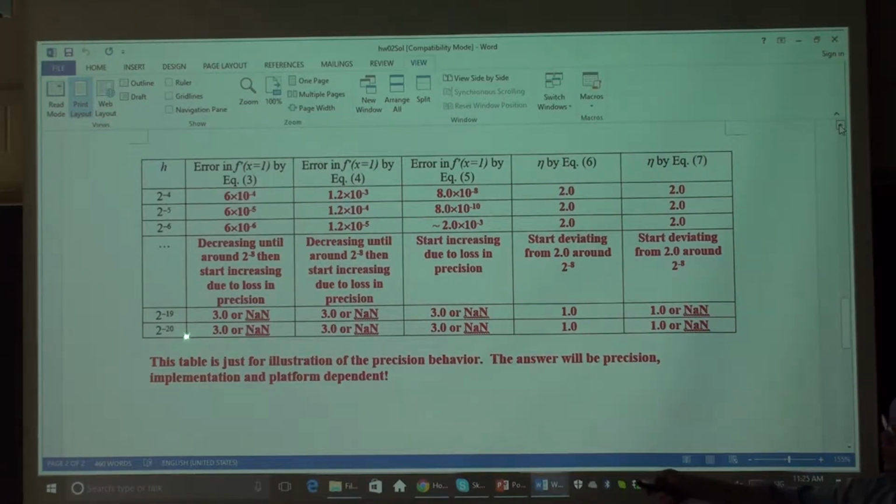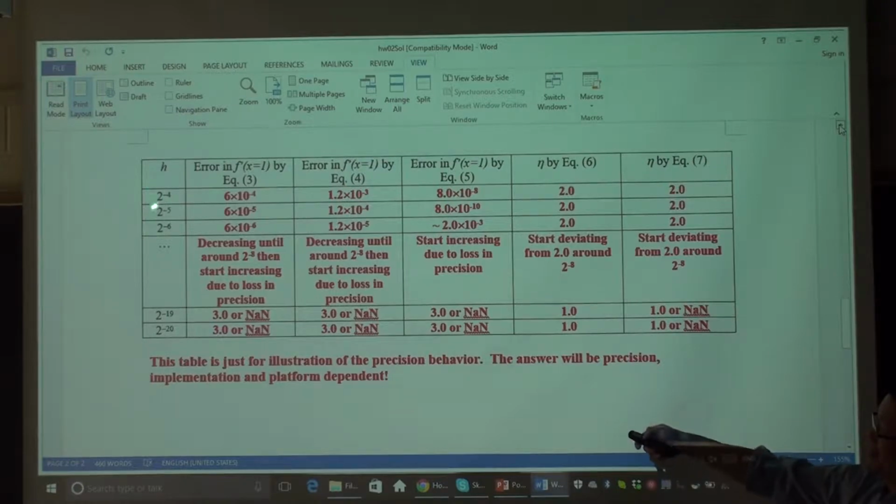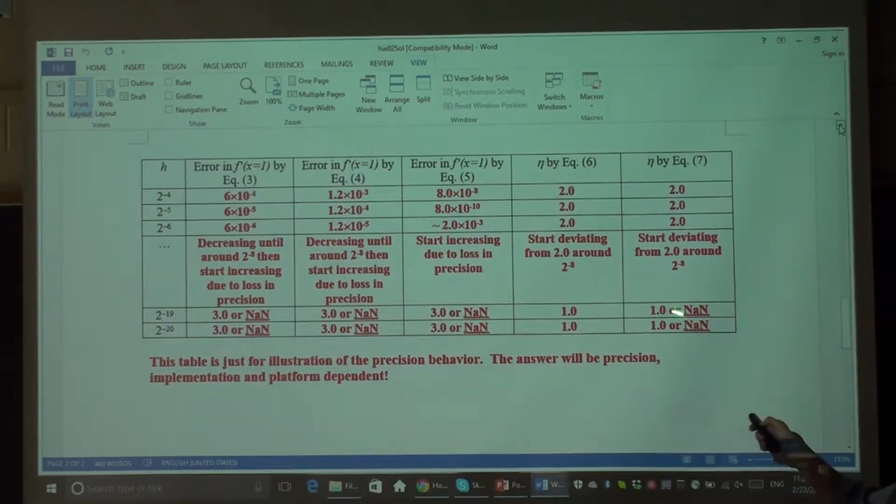And here, I probably gave it too large. It should be base 10, and then you can go further down so you can see this. In many of your implementations, this is still a 2 all the way down, because 2 to the minus 20, which is nothing but about 10 to the minus 6, is still not small enough for you to see the degradation in precision.